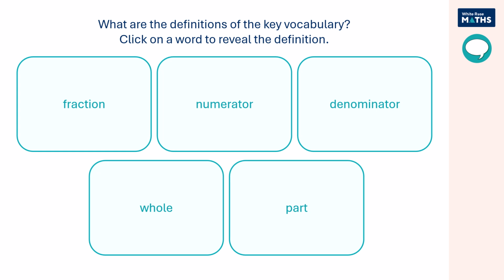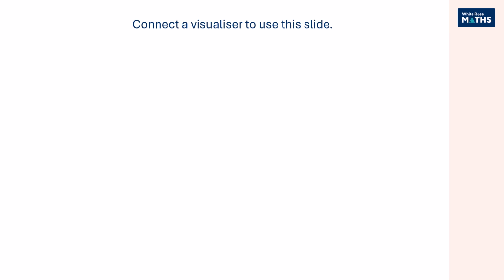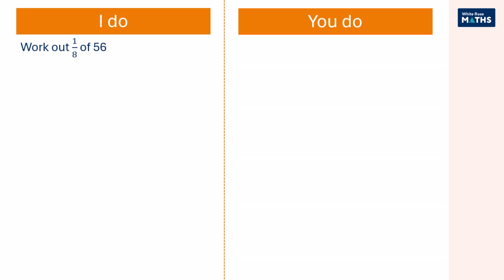Next part, so these are now the definitions. So write these in your notebooks or your exercise books. Okay, next part. So this part I've actually done now. So 1/8 of 56. So 56 divided by